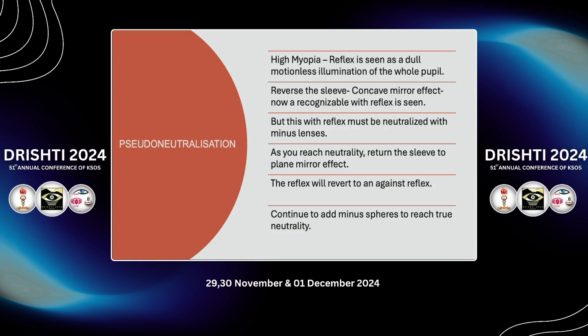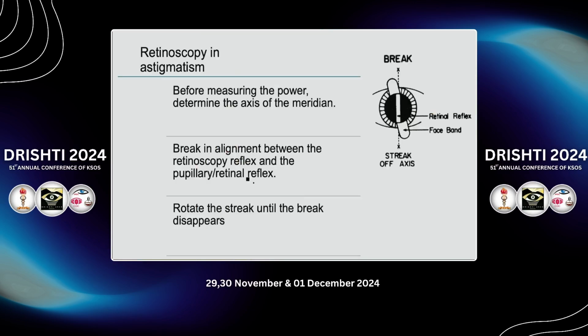So you keep putting minus lenses until you reach neutrality, and then you pull the sleeve down so that you get the plane mirror and an against reflex, and then you keep adding minus lenses to reach neutrality. So in astigmatism, always determine the axis of the meridian before measuring the power. If you see there is a break in alignment between the retinoscopy reflex and the pupillary or the retinal reflex, that means your axis is not correct,